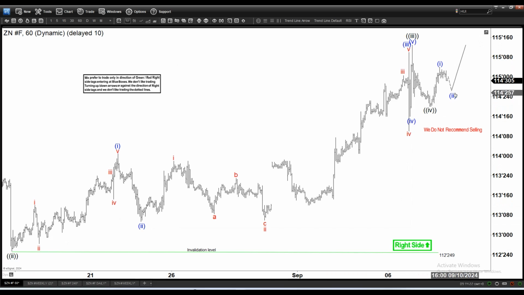So expect a bit more upside in 5 waves in the smaller degree, and once we finish the 5 waves up in blue, that should be finishing 5 in black, and then we should be getting a little bit bigger pullback again after the 5 waves, right? But let's zoom out, which is more interesting than the 1 hour, to get some ideas about the higher